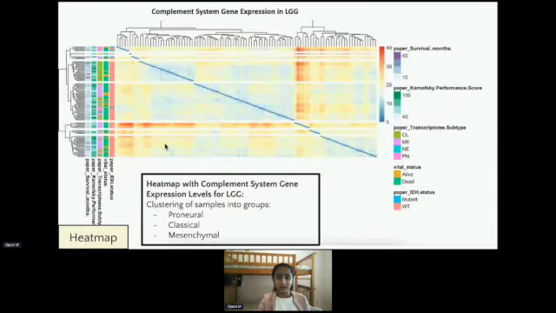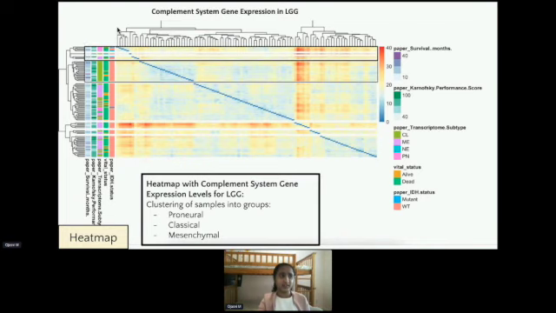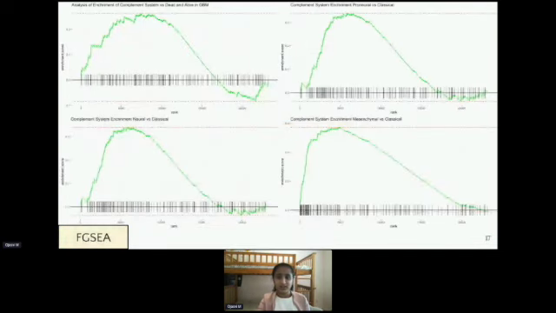The heat map generated for lower grade glioma also shows clustering with the transcriptional subtypes with 3 clusters. The proneural cluster, the classical cluster, and the mesenchymal cluster. This analysis shows that the expression of complement system genes partially supervises the clustering of glioma samples, which further supports our analysis. GSEA analysis was performed to create a pathway enrichment graph comparing enrichment in the complement system pathway across